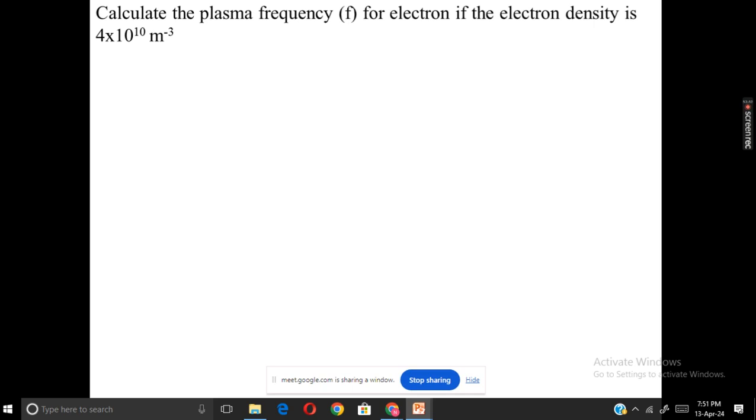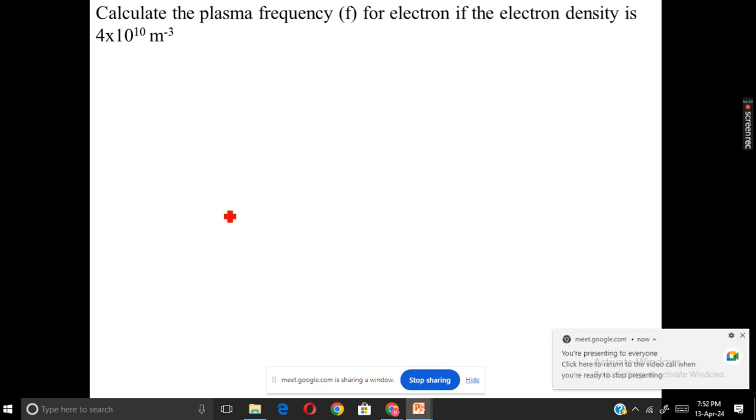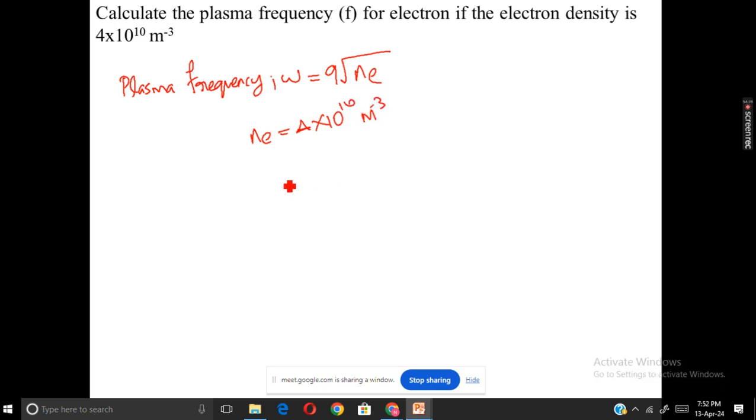So the question is: calculate the plasma frequency for electrons if the electron density is 4 into 10 raised to 10 meter cube. The plasma frequency omega has an equation of 9 into root of ne. This is a simple question. Ne is already given, which is 4 into 10 raised to 10 meter cube. So omega will be 9 into root of 4 into 10 raised to 10,